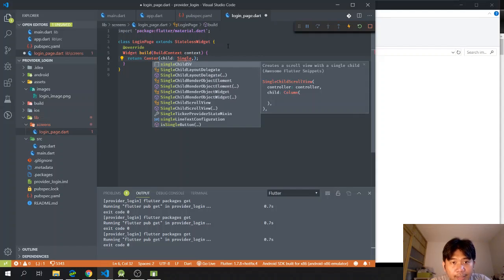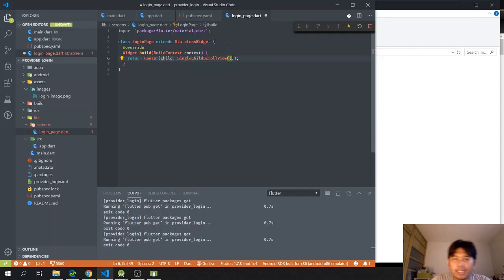Single child scroll view. Hey, wait a second. Yeah, you will ask me, what's with this single child scroll view? Actually, this single child scroll view is very important because as soon as we create our application right